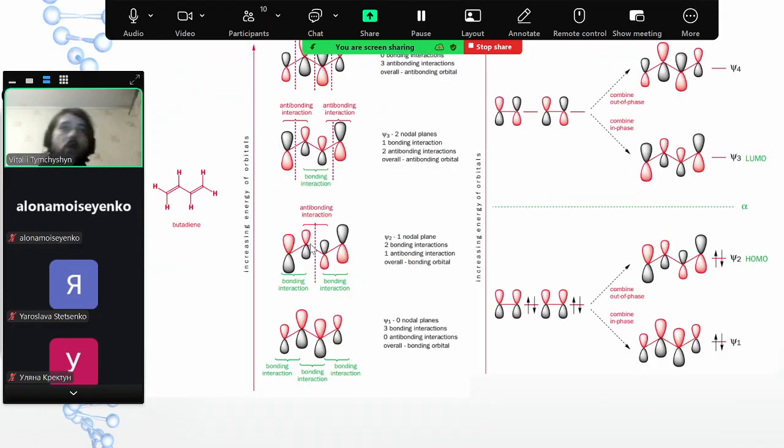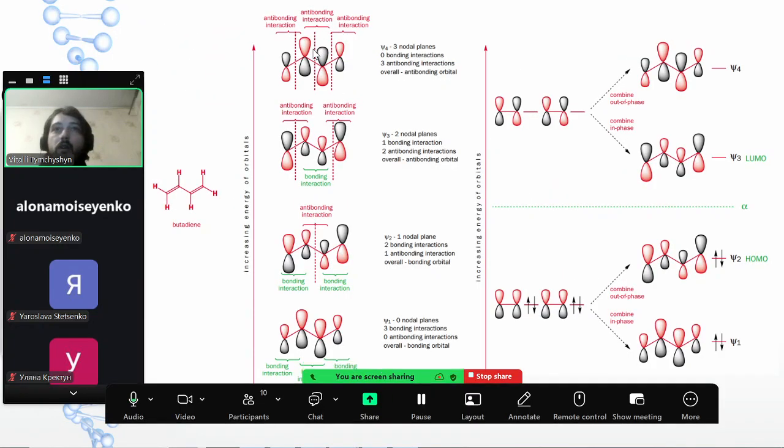So where is this all going to? Well, it's going to the conjugation. So here we have butadiene. This is that sort of pattern: double bond, single bond, double bond. Well, that's it, because I tried to use the smallest molecule that has this sort of pattern. And here you see what happens.